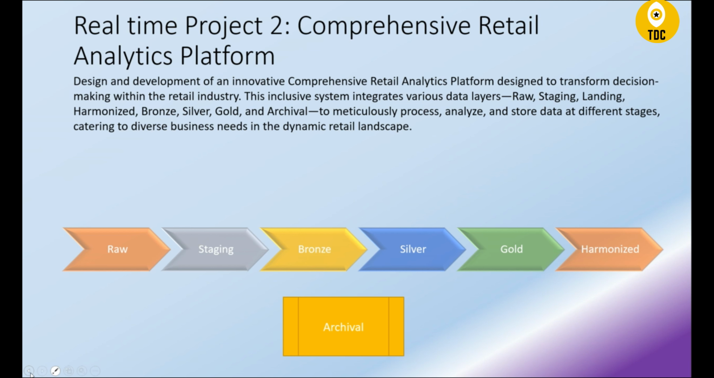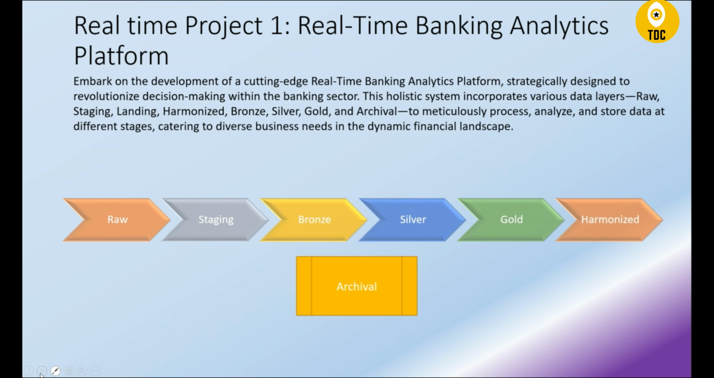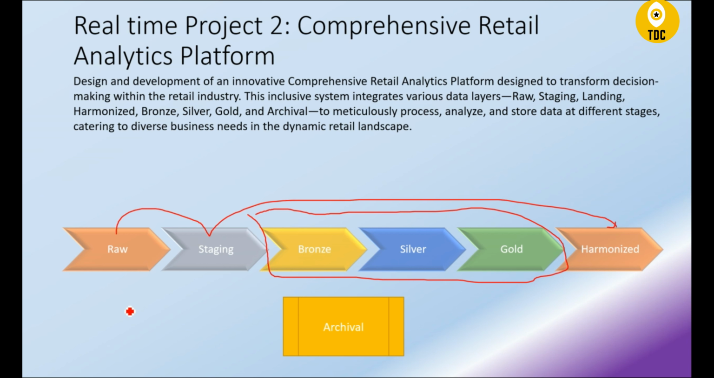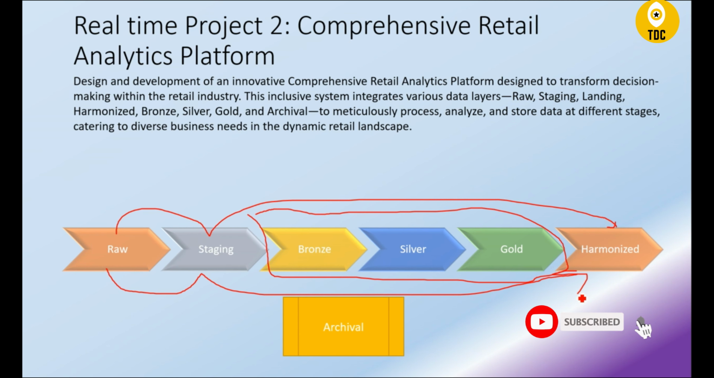Some of the terms might sound similar here, but as I said, all these layers we're talking about are not mandatory. Few projects just use some of these. As you can see, a few projects can just use bronze, silver, gold, and few projects might just use raw, staging, and harmonized. There are multiple permutations and combinations that people can use, and